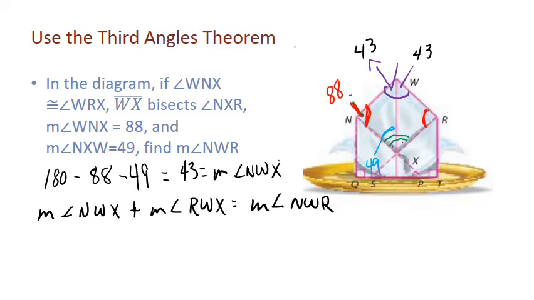And so the measure of angle NWX is 43, and the measure of RWX is 43. Therefore, those two added together is going to equal the measure of NWR, and 43 and 43 is 86, which is equal to the measure of